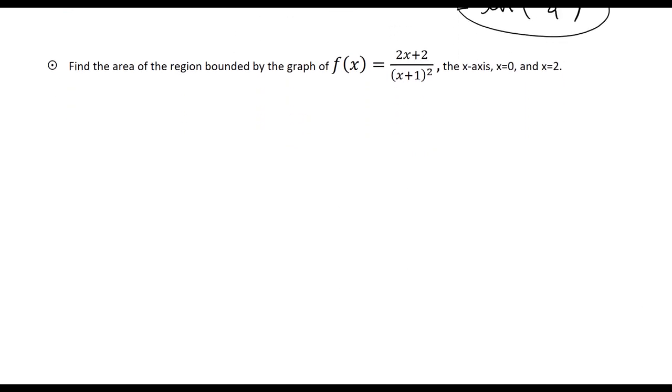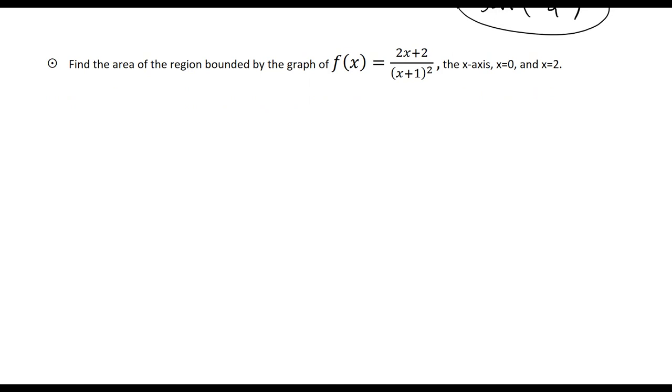You can also do area of bounded regions, just like you would any other type of function, as long as it is a positive function. And because we have the 2x plus 2 over x plus 1 squared, then you do kind of want to verify 2x plus 2 over x plus 1 squared is greater than 0 for all x between 0 and 2. So my area here